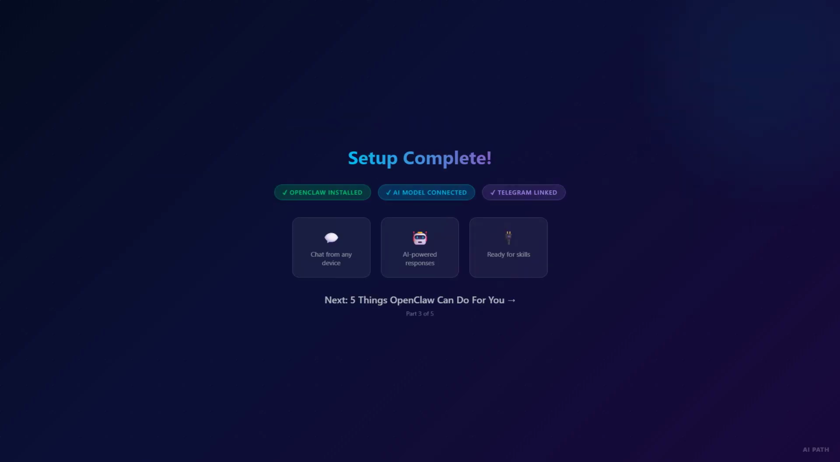And that's it. You now have OpenClaw running on your machine, connected to an AI model and ready to chat